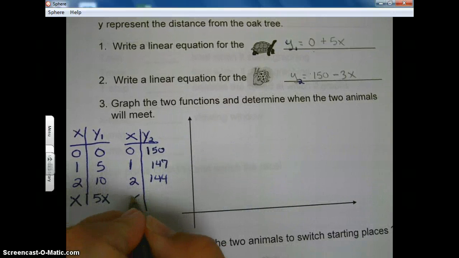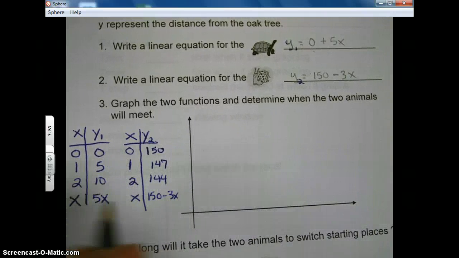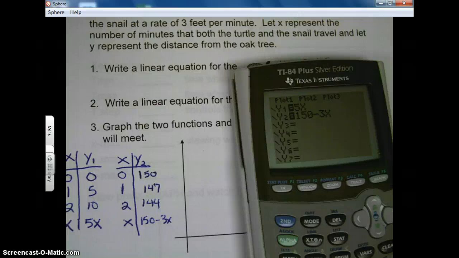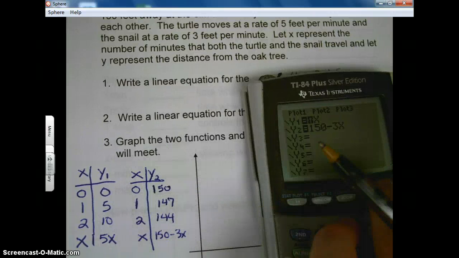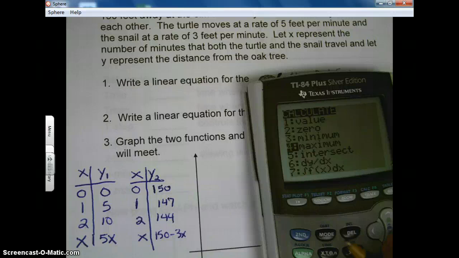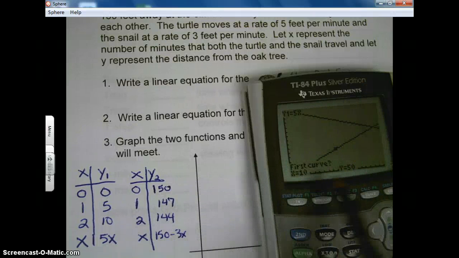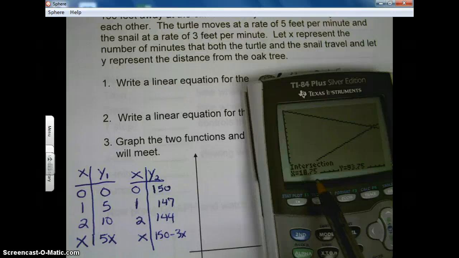So what we're going to go ahead and do here is use our calculator to do the graph. Okay, so plugging the two equations in to y equals, and then second, calculate, intersect. And by the way, I did set up a window that works for this. So we're in the first quadrant, and we just press enter, enter, enter. And the point of intersection here is 18.75,